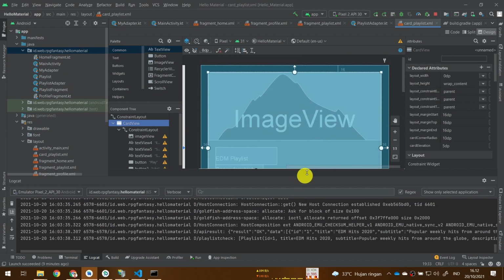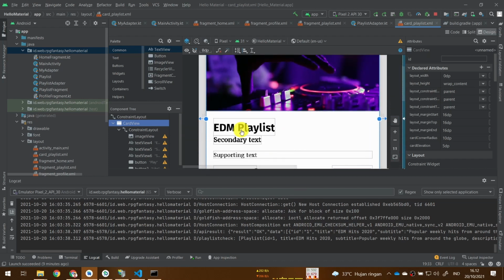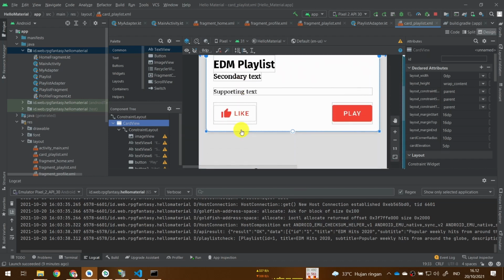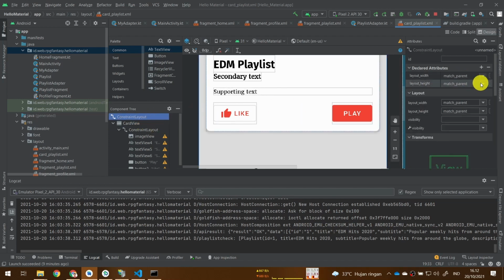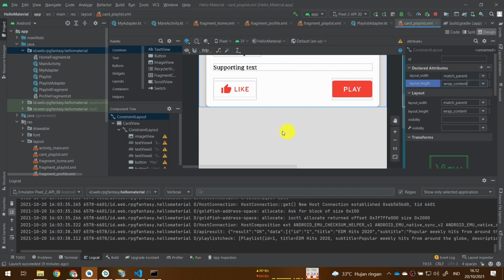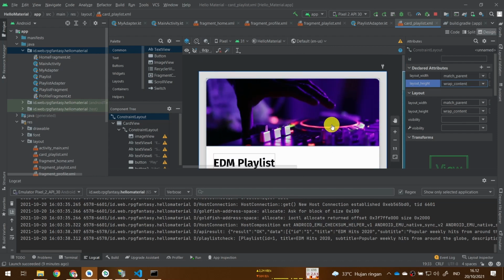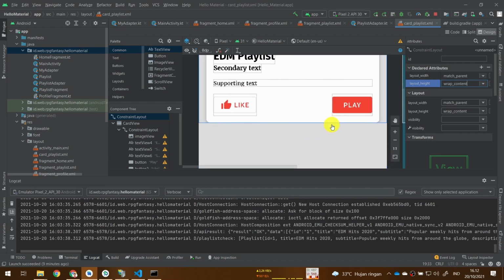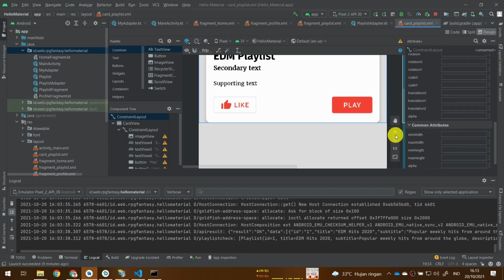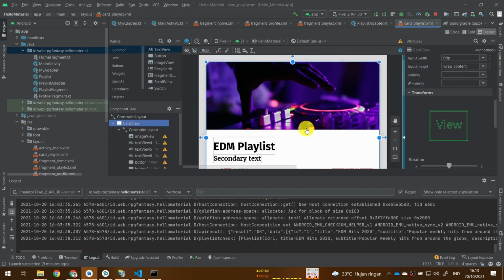But for the card, it is 0 and wrap content. For the constraint height, it should also be wrap content. And I think I will give this card view